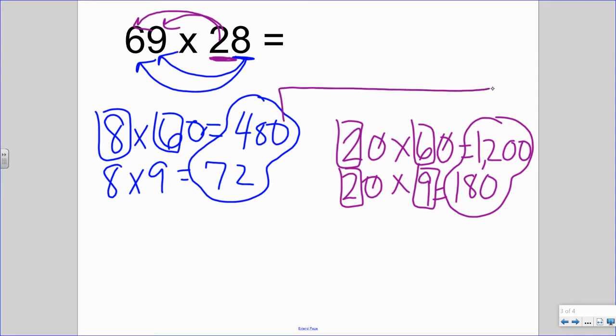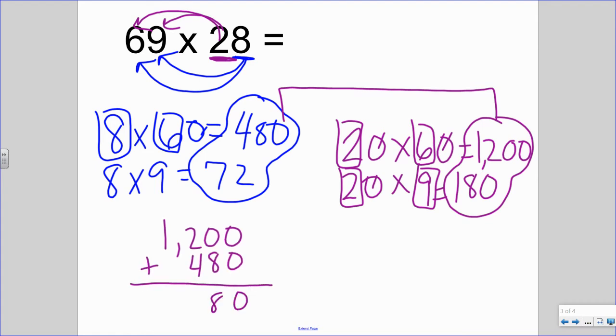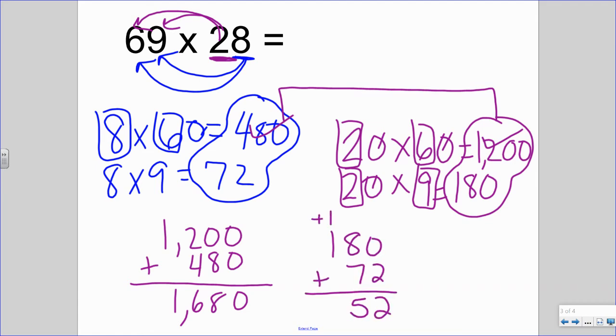So now I need to take all of this and combine it. However it makes sense, I like to split it up. I think we make more mistakes when we try to add all 4 at once. So I'm going to add these 2 together. So I took care of those 2. Now I'm going to add the other 2, 180 and 72. That gets me